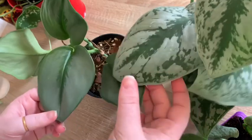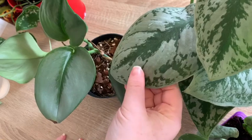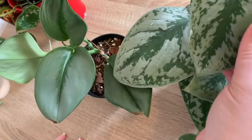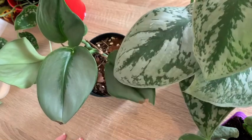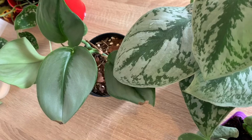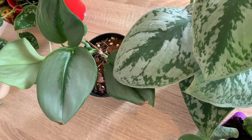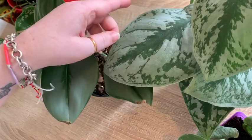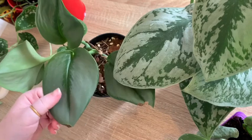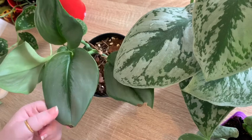As you can see, the leaf size is much closer to the Exotica, but they have a completely different leaf feel. These are quite textured and rough, and almost like you can feel the raised variegation on them. They don't feel like, I want to say, normal green leaves. They're not smooth or just flat. They have tiny little bubbles on them. They almost feel furry, is the best way I can explain it. Whereas these are like any other plant, any other philodendron or pothos that you've had, and they're completely smooth and